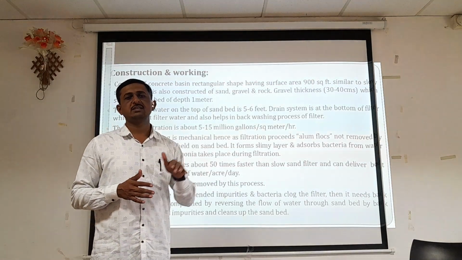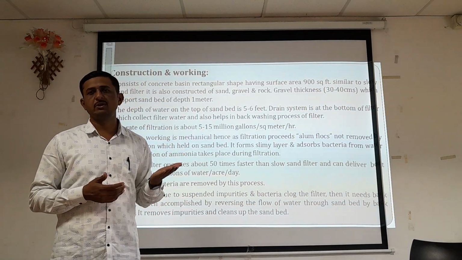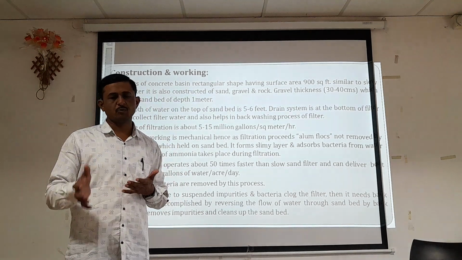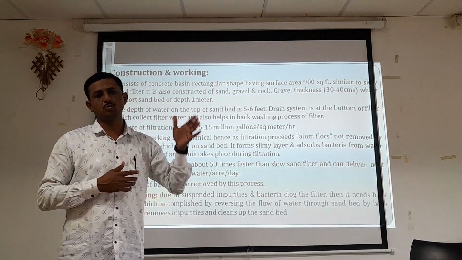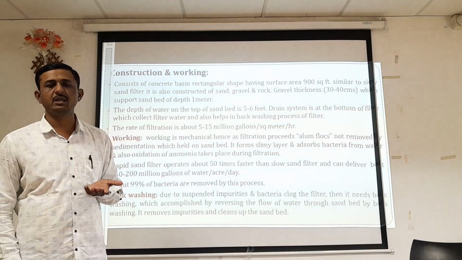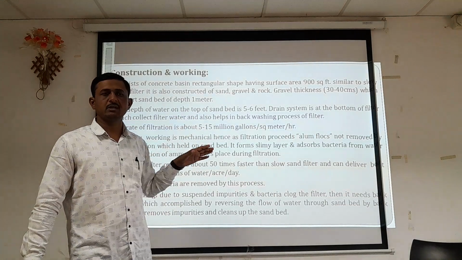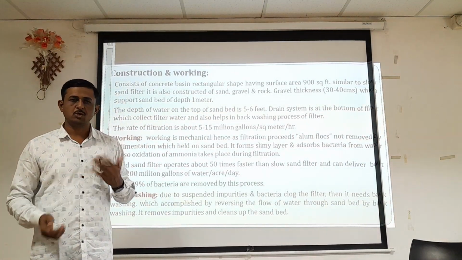Due to that, the filtration rate of water slows down. In the slow sand filter, we use a manual process to remove all the gravel bed and sand bed, and after proper washing we place the bed back and continue working. But in the rapid sand filter, the back washing method is used,